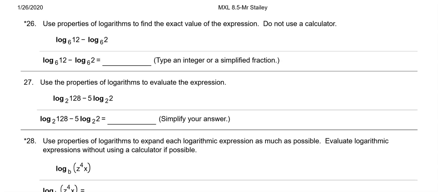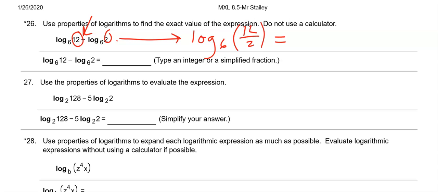Okay, use properties of logs to find the exact value of the expression. Do not use a calculator. Okay, so I've got 12 and 2. Oh, and it's got subtraction, so that would be log base 6 of 12 over 2. If only I knew what 12 over 2 was. That would be log base 6 of 6, and when we set that equal to some unknown value,